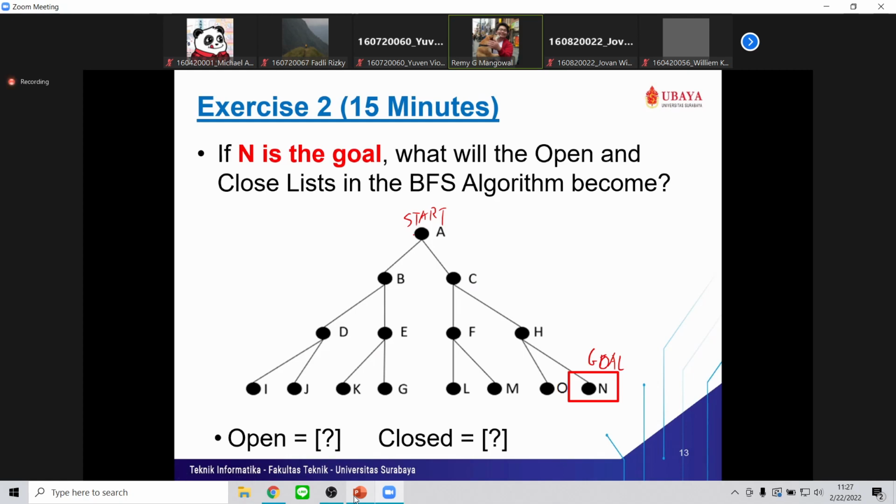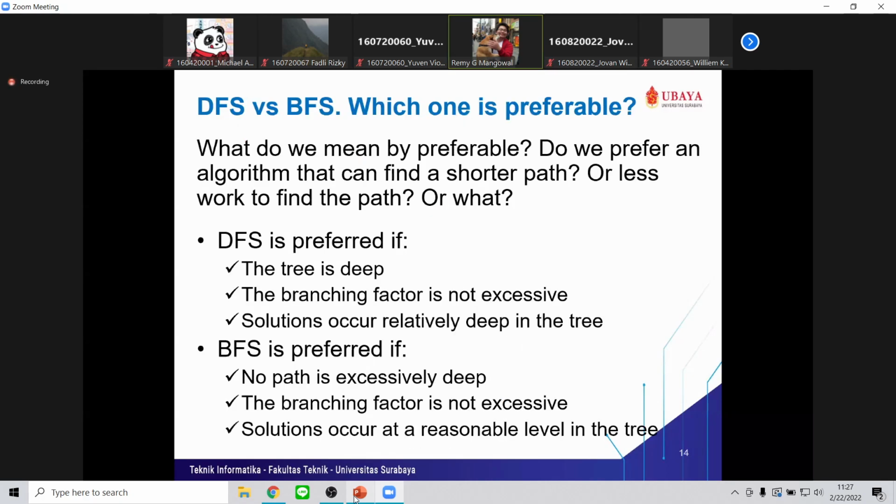Next, can you see my slides? You guys can see my slides, right? Yes. Okay, thank you. We're going to go to the next one. So, the final part of this meeting is: which one is preferable, DFS or BFS? DFS is, of course, the depth first search we learned last week, and BFS is breadth first search, which we learned today.